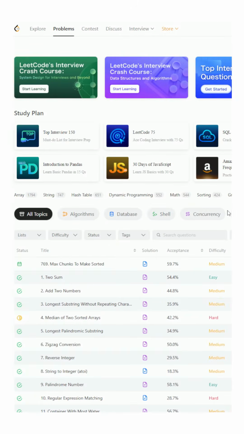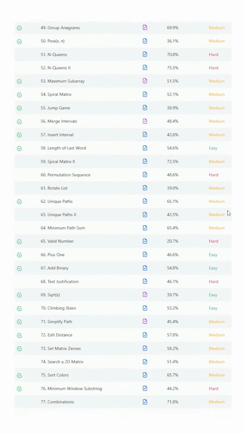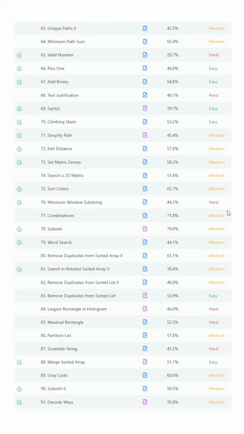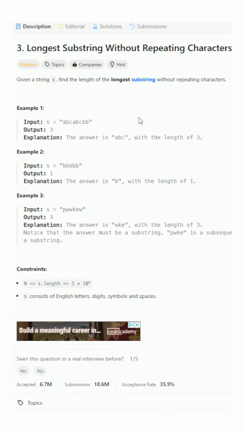The reason you think LeetCode is so hard and why you're failing your tech interviews is because you're brute forcing LeetCode by solving hundreds of problems without understanding the techniques and patterns behind them. So if you're like most people, you're going to take a random question from the Blind 75 and try it